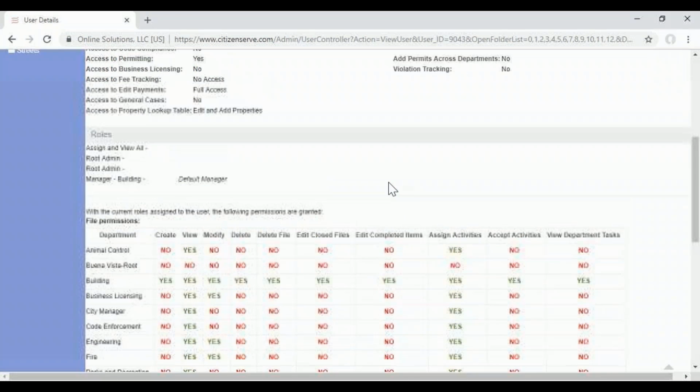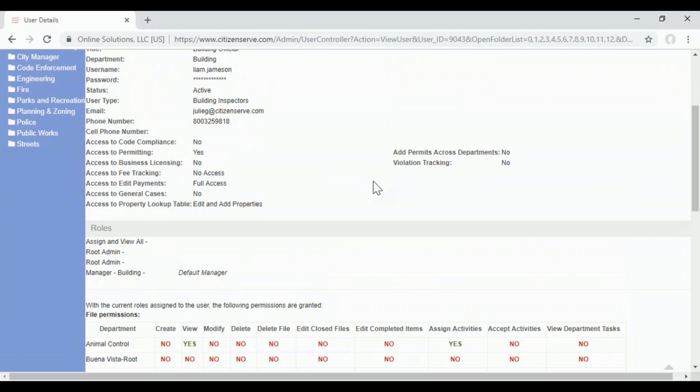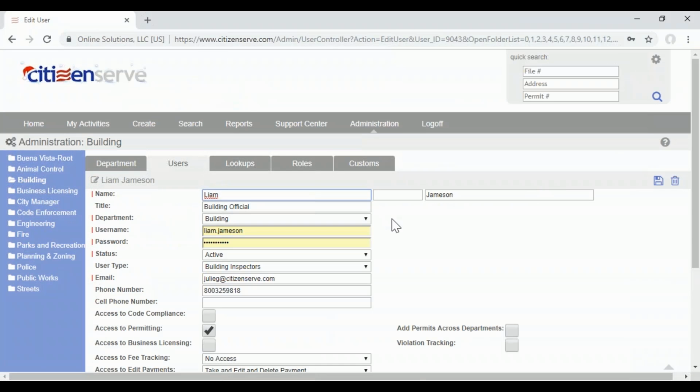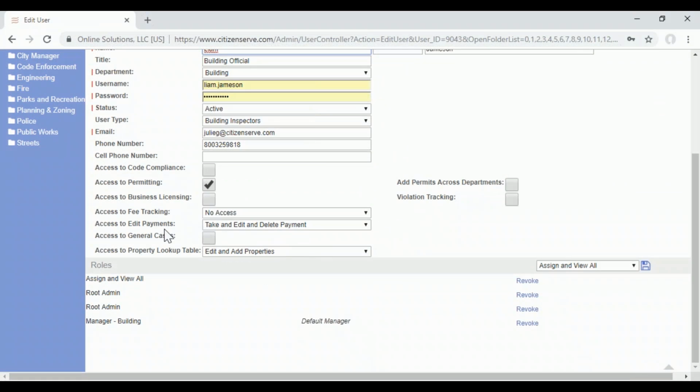So there's a couple of different, from a payment standpoint, first off, there's sort of the rights that you can assign in Citizenserve, right? One of them is, do we want to provide access, view only, or full access to fee tracking, access to edit payments? So we have no access, take payments, take and edit payments,